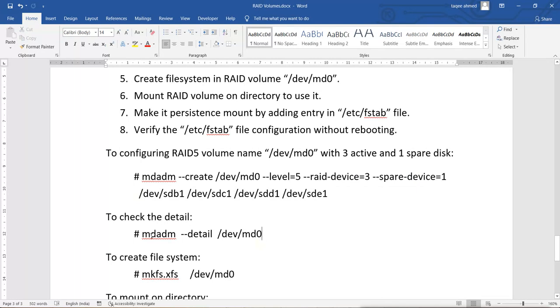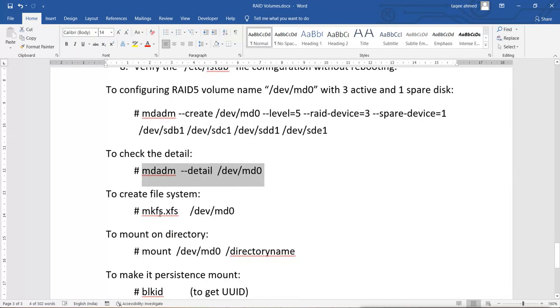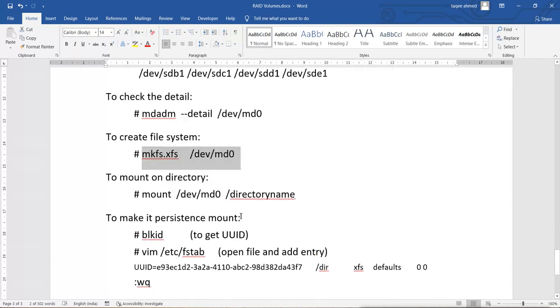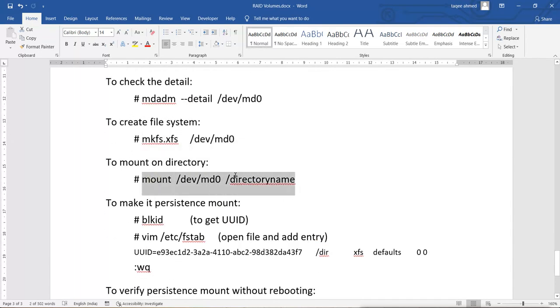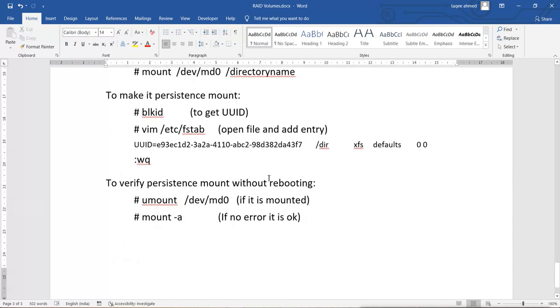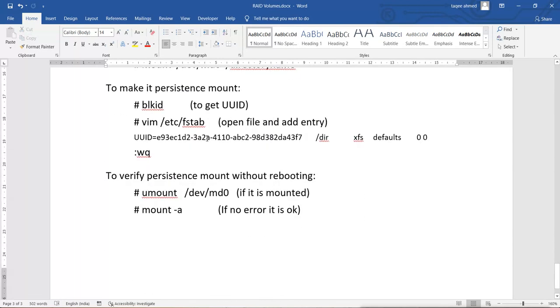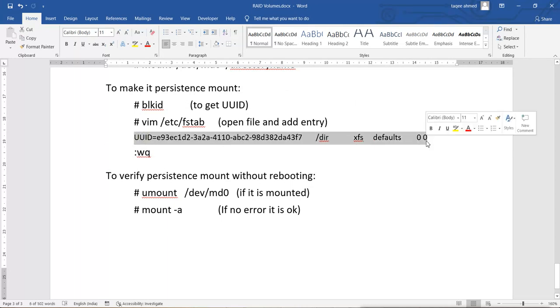After creating, we can check the details by using this command, and then we created the file system, xfs. Then I mounted it on this directory, and then for adding it in the fstab file, I first got the UUID, and then I opened the file and added this into the fstab file.